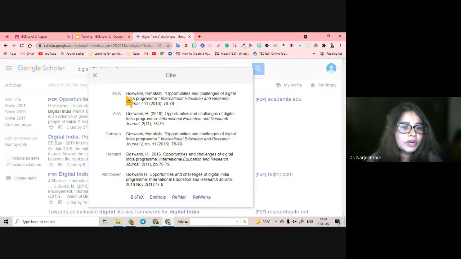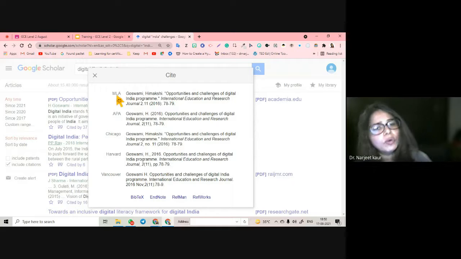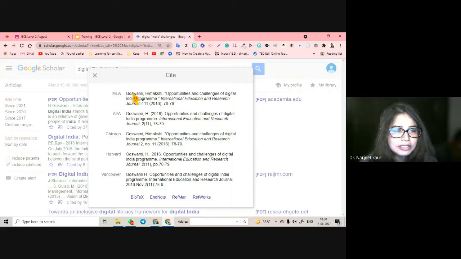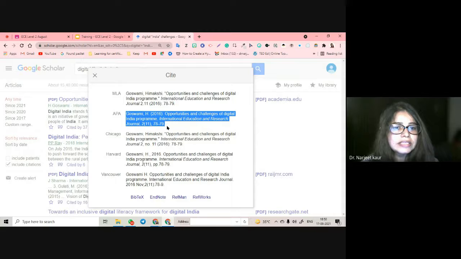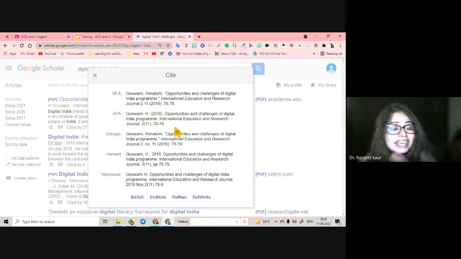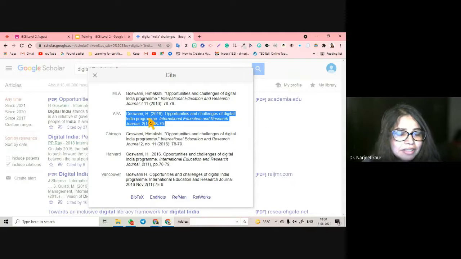Right now I know if I'm writing in MLA style, this is the oldest style of writing articles and research papers. APA naya hai, and with APA it is APA 7 now. Not important, but I'm just sharing. APA 7 is the latest. What you have to do is you just have to click on this, copy and go and add this citation as a part of this article. If you have quoted something from this article, you do not have to write any citation on your own. The citation is here for you to copy, and go and paste it anywhere that you want.